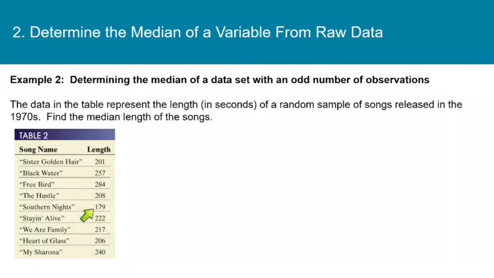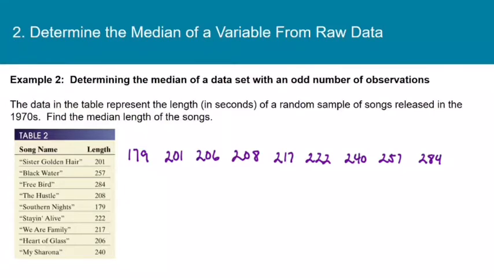For a short list like this, it might not be too much trouble to put the numbers in order, but for a bigger list of numbers, you might want to go ahead and use the sort A function on your calculator. So I believe we have 9 values here, and I'm going to go ahead and sort these 9 values from smallest to largest. Okay, now you probably can look and just see without any calculation at all that 217